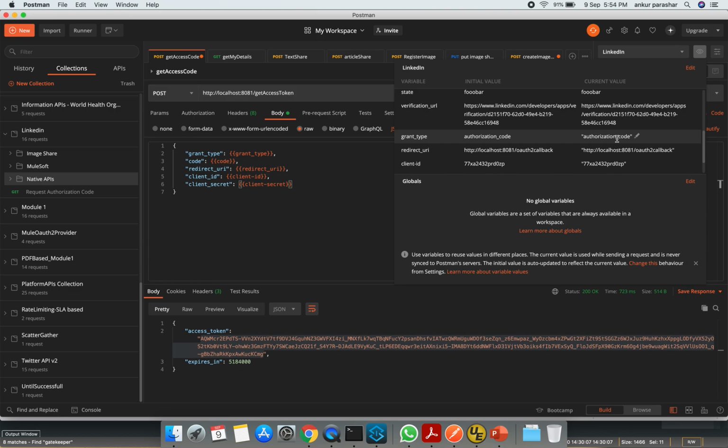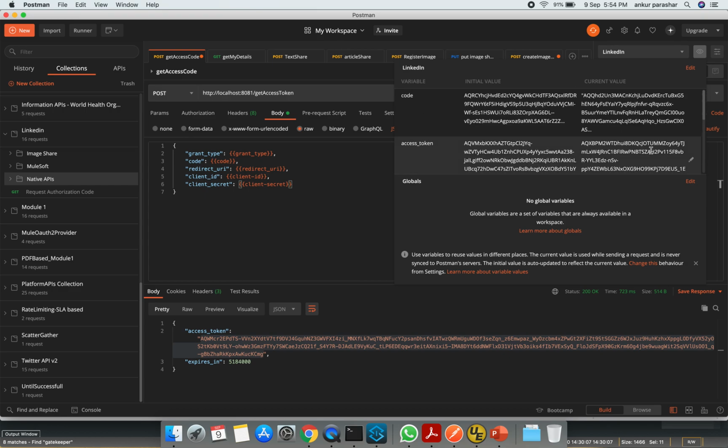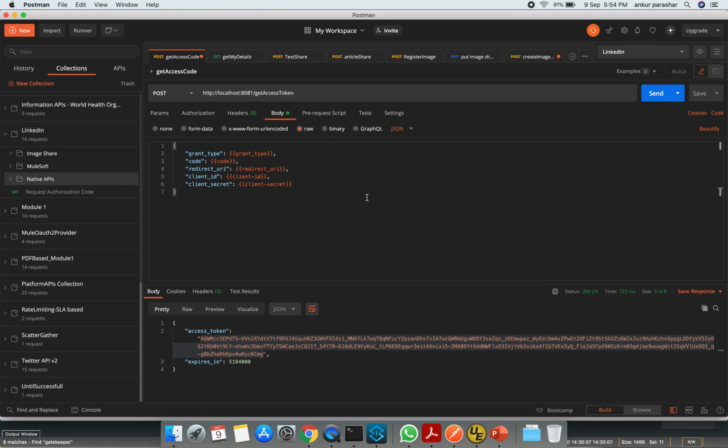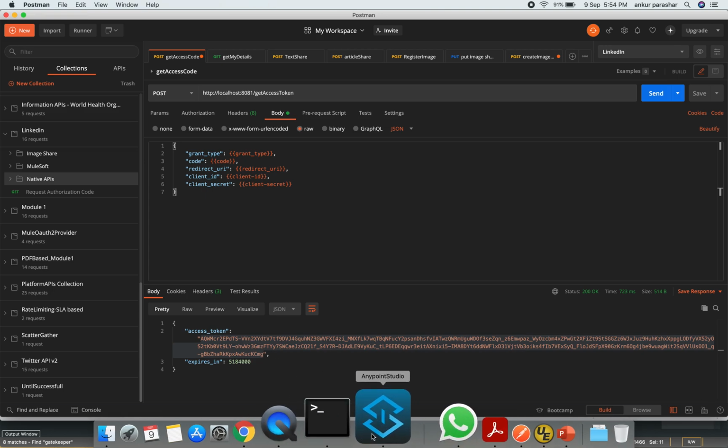The redirect URI will be the OAuth 2 callback which we have configured at the app level. The next things are the client ID and the client secret, which we have already configured at the app level in the LinkedIn developer site. Okay, now if I hit this post method I will get an access token. Now this access token is available within my object store.